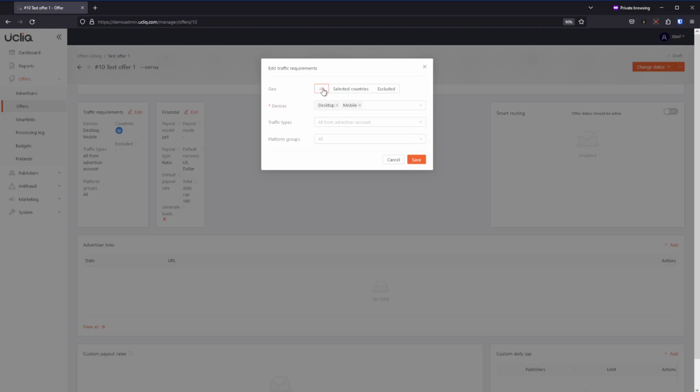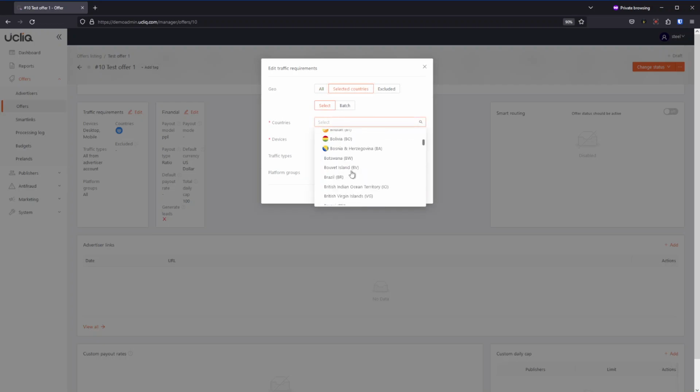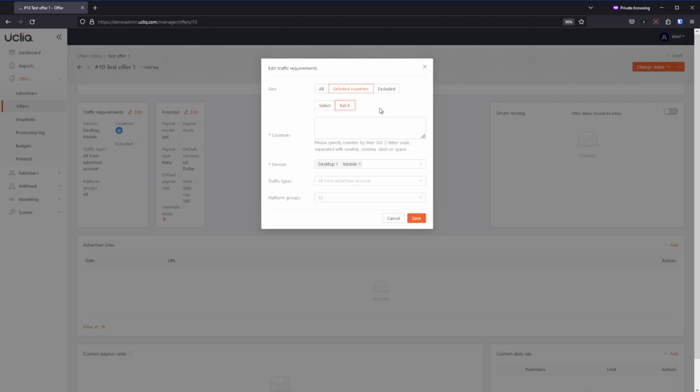If you do all, basically the offer will accept traffic from any geography, which is determined by IP address. If you do selected, you can either select manually any number of countries you want, or you can put a badge. Usually it's a part of the offer name that your advertiser sends to you. Remember, we configured this information as part of the original name, and you can just copy and paste the part with country codes and something like